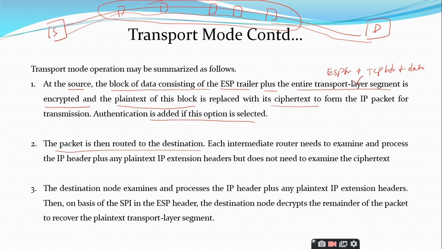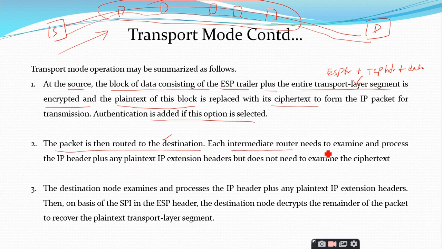There are a lot of routing algorithms that are already present, and there is a lot of research that happened and is happening in the present scenario also in the routing algorithms of computer networks. So, each packet is then routed to the destination. Once the packet is ready with the ESP header, ESP trailer, authentication trailer and IP header, you just have to transmit it from the source, that is it. And it will route to the destination.